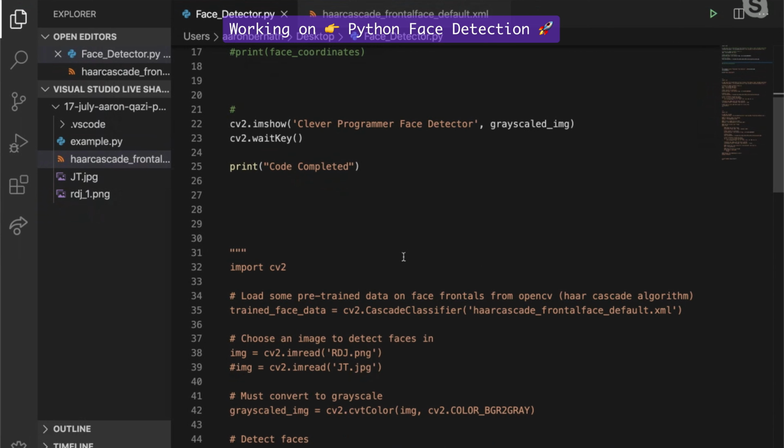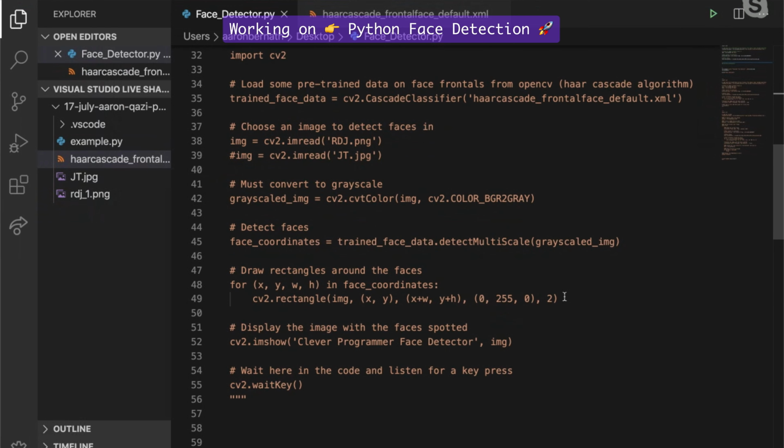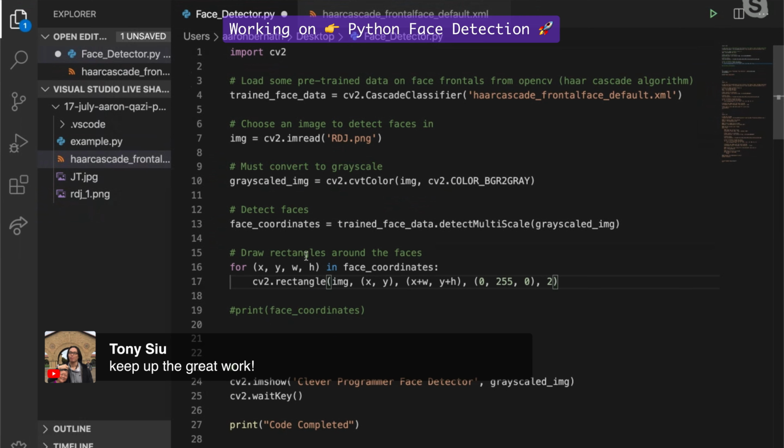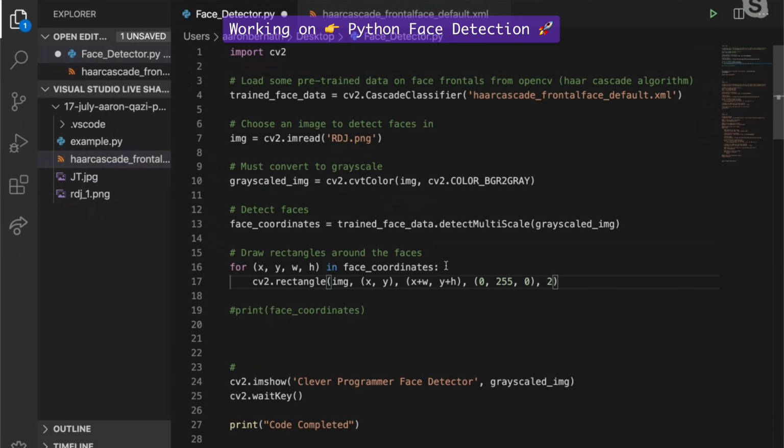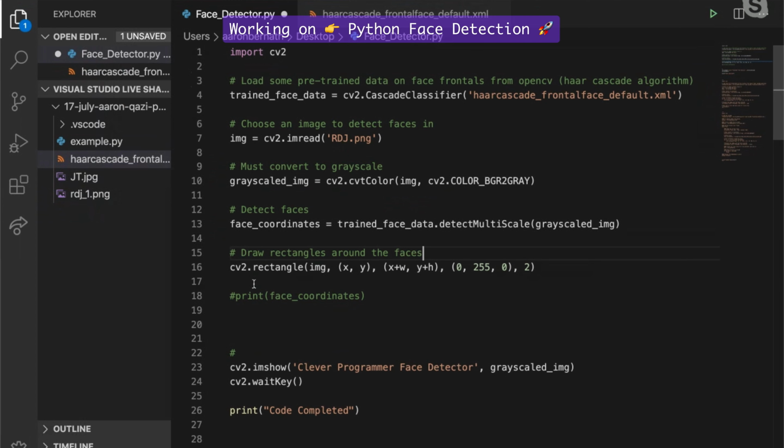And the next thing is we're just going to draw rectangles. And of course, if there's multiple faces, then it'll draw rectangles around all of them. So we have a loop. But actually, let's just delete that for now. Let's just start with one rectangle. So to draw a rectangle,